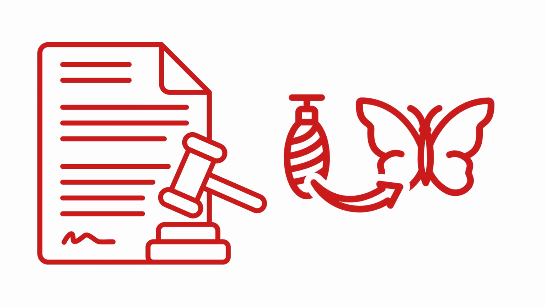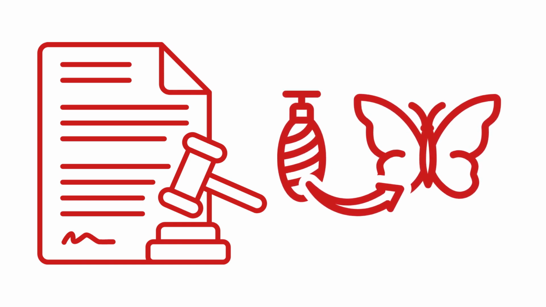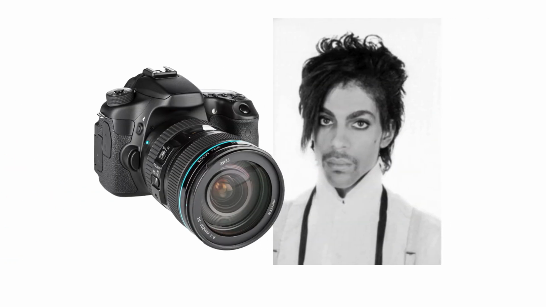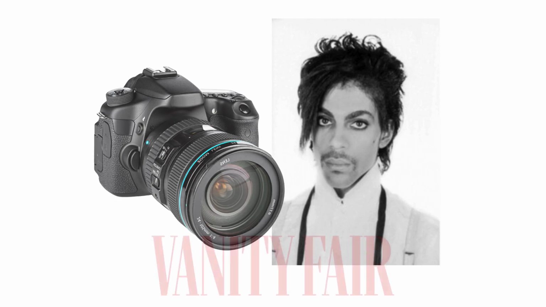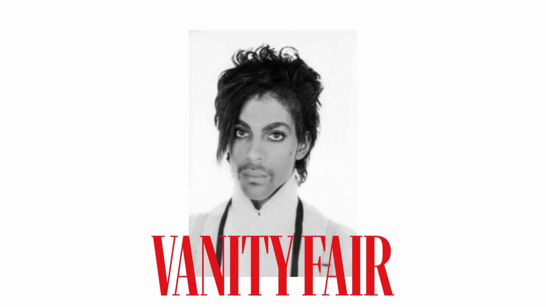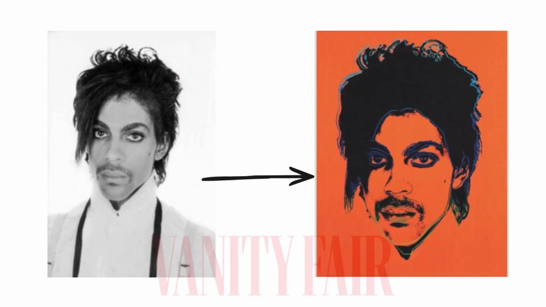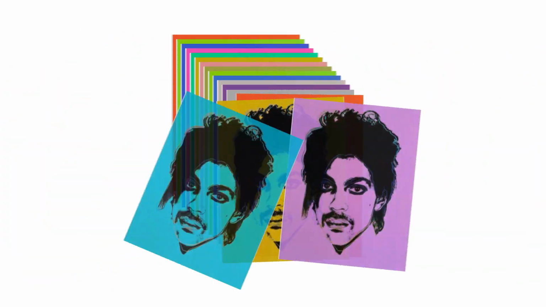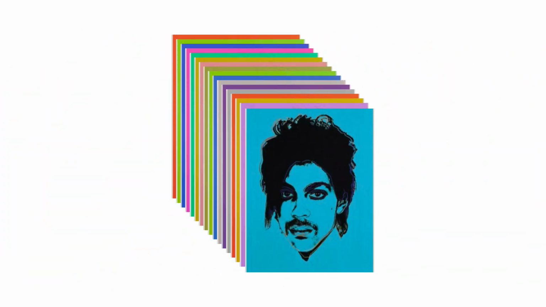To get a better understanding of how the factors are used to determine fair use, we can take a look at a landmark case that helped to define the concept of transformative use. In 1981, photographer Lynn Goldsmith took a series of photographs of the musical artist Prince. In 1984, one of these photos was licensed by Vanity Fair to be used as a reference for an illustration. Vanity Fair commissioned Andy Warhol to create a colored silkscreen print using just Prince's head from the photograph. Following this commission, Warhol went on to create 16 variants of the portrait, which remained in his private collection until